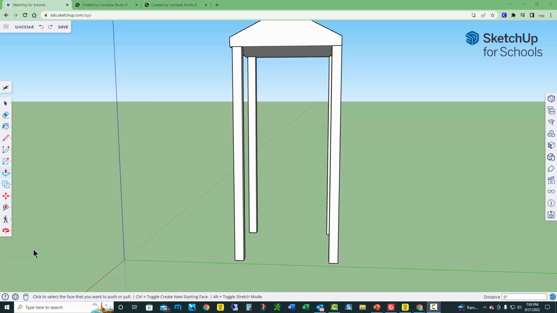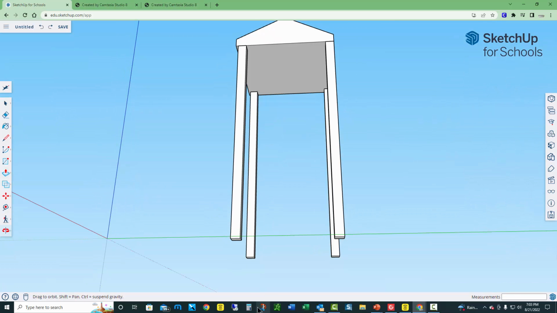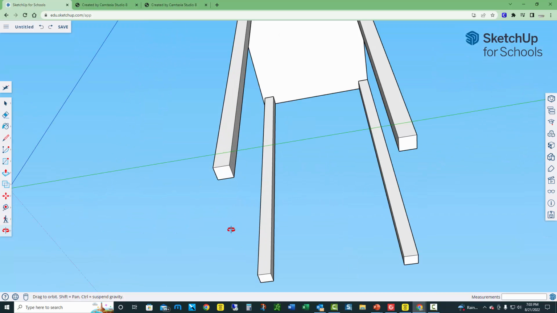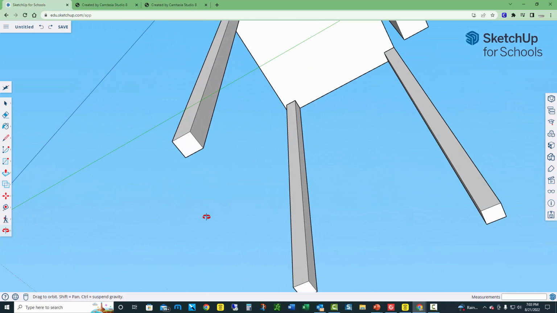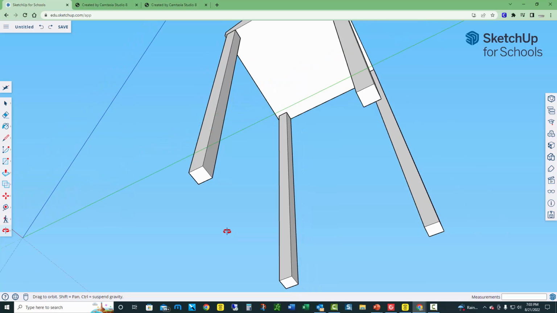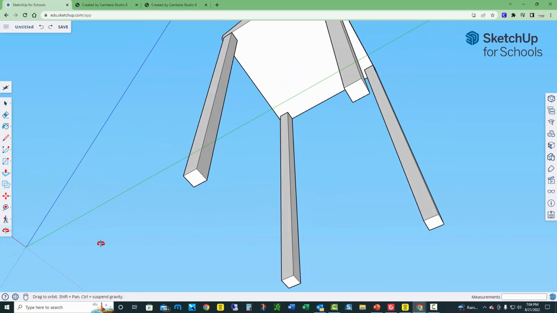Now we'll learn how to use a new tool called the offset tool. The offset tool is located right here by the push-pull tool. But before we get started, we will zoom in to get a better angle. Okay, now let's go to the